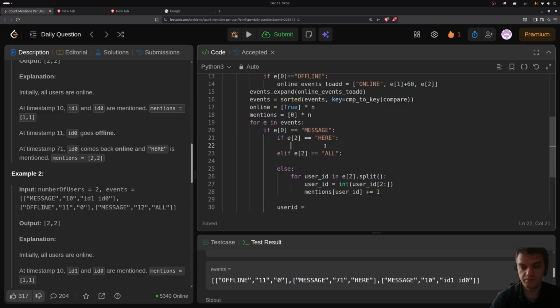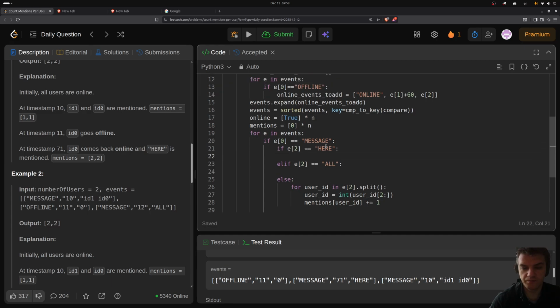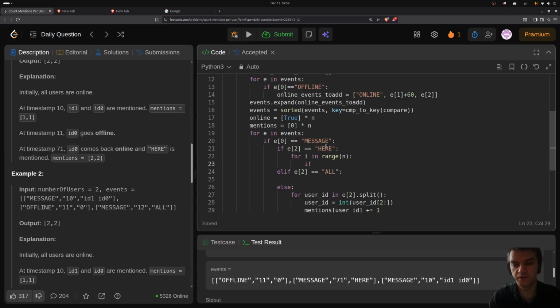Then I'm gonna have this user ID gonna be for i in range, and if online I'm gonna have this mentions i plus equal 1,